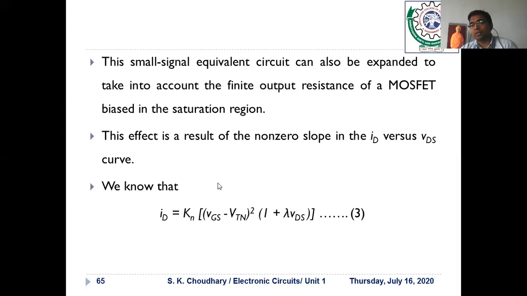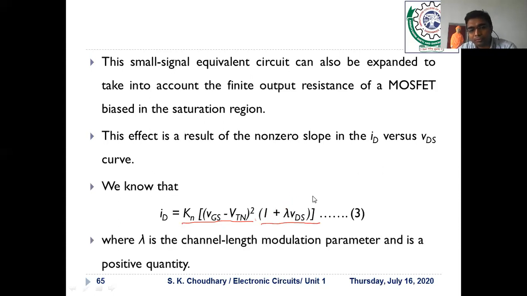This is a very important equation, you have to note it down. ID is equal to... always keep your notebook and pen with you for this particular subject, because this is analytical one. So in this case, you can see here the ID current in the saturation region is modified. Instead of K and (VGS minus VTN) whole square, there is another multiplying factor, and that is 1 plus lambda VDS. This multiplying factor is added because of finite output resistance. So this is also called the channel length modulation effect.